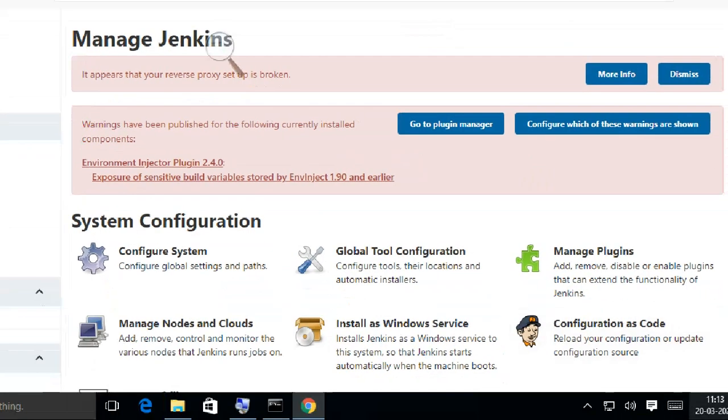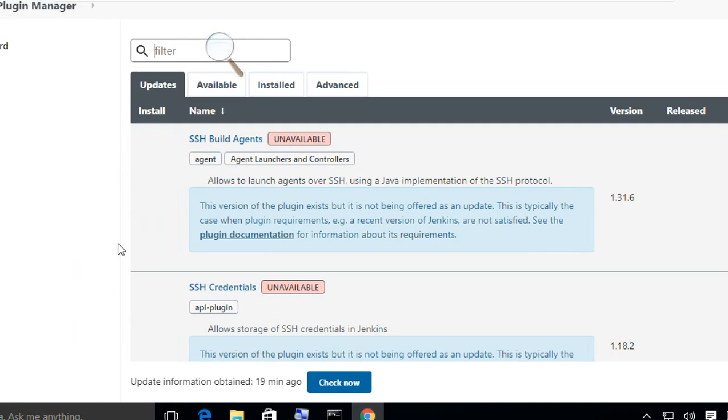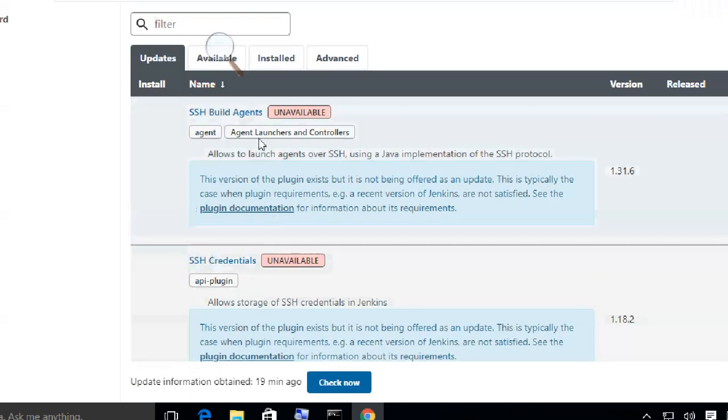Next is plugins, manage plugins. These are the updates, so waiting for update. Okay, some of these we are able to update. Two are showing, SSH credentials, access build agent kind of stuff. Unavailable. Okay, it's unavailable, then no problem for us.